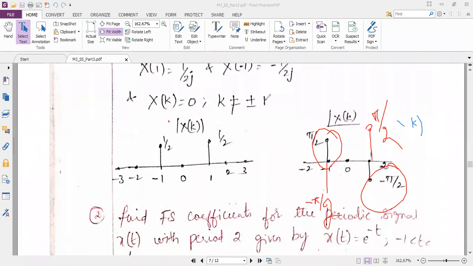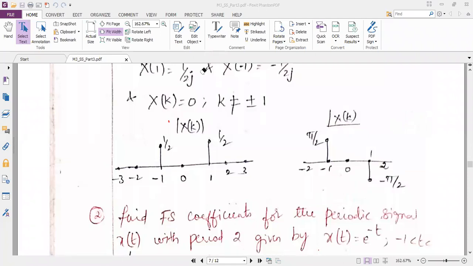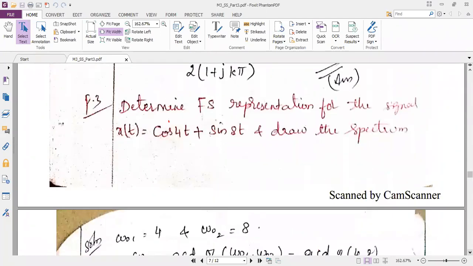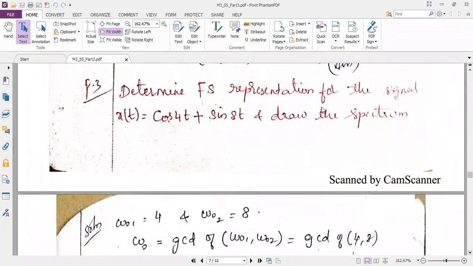So I want to solve a similar problem. I won't do the second problem now. I will solve the similar problem, then I'll come back to the second problem. The third problem, I think it is similar. I want to make you familiar with questions in terms of cos and sin. If the question is in terms of cos and sin, originally we don't use the X of k formula to get X of k. We try to expand this using Euler's formula, and then compare this with the standard X of t